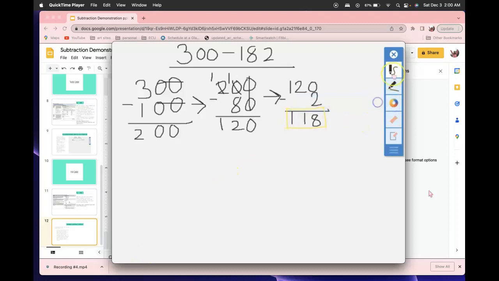And if we want to check our work, make sure I did it right, we got the answer right, using the standard algorithm, we can add 118 to 182. Sometimes we're going to make it confused about adding small numbers to bigger numbers, but since the commutative property, you can do that. This is a